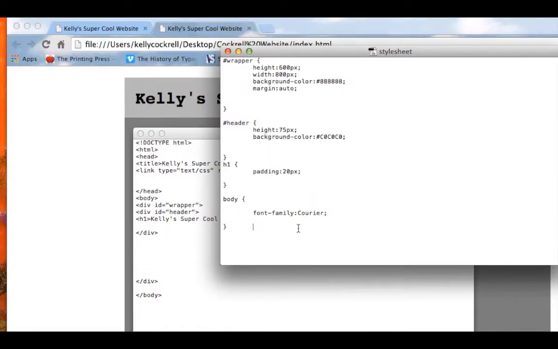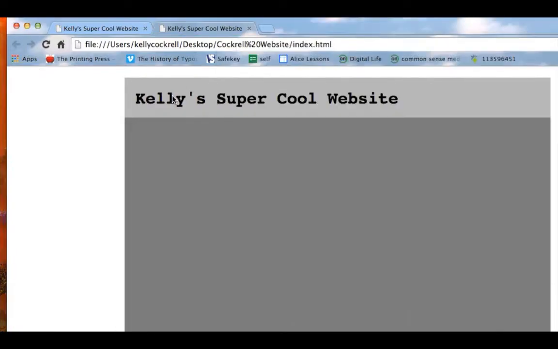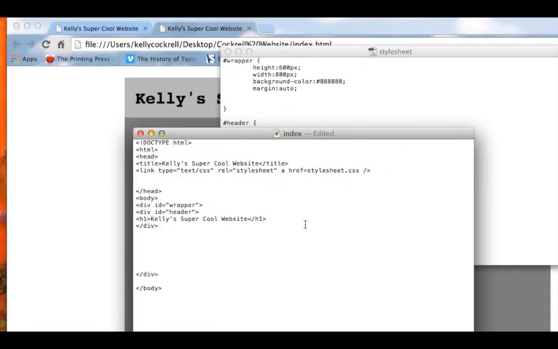So let us continue. So we've got our header, and we've got our wrapper. So now what we want to do is make a nav bar. Now I'm not going to place my nav bar division inside of my header, because what I've done is I've told the browser that this is the beginning of the header and this is the end. And I don't want to have the two be inside each other's tags, because I want to designate a beginning and an end. So after this div tag, I'm going to go in